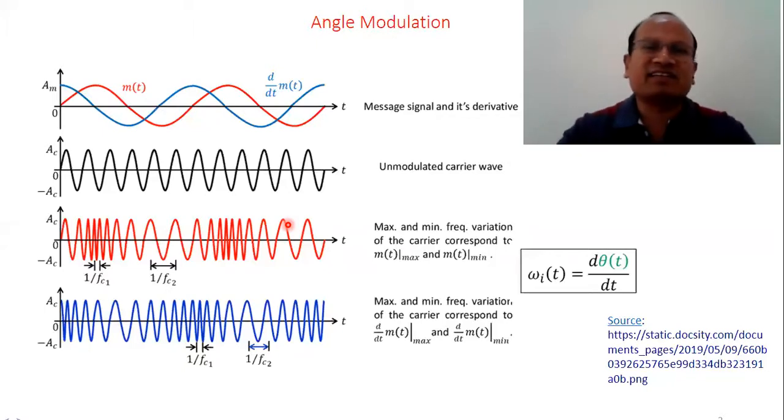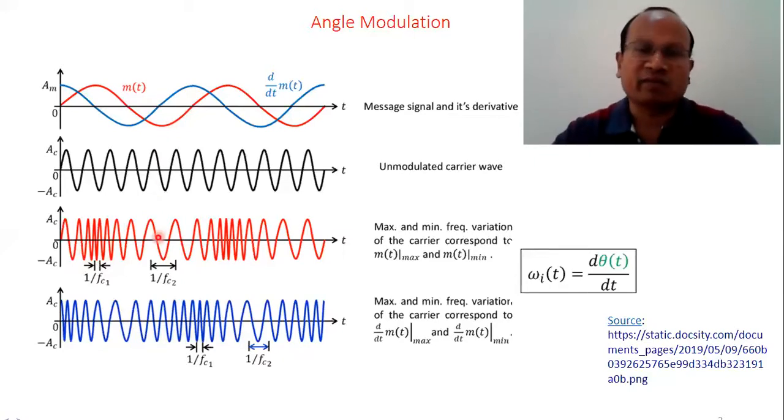So what you can see here is that in the third waveform, the carrier frequency is changing, and the change observed is in accordance with the change in the modulating signal. So this is actually FM, a frequency modulated wave. All right. Whenever the modulating signal reaches its maximum value, the frequency increases to its maximum value. Whenever the modulating signal amplitude goes down to some minimum level, the frequency is reduced to a particular minimum value.